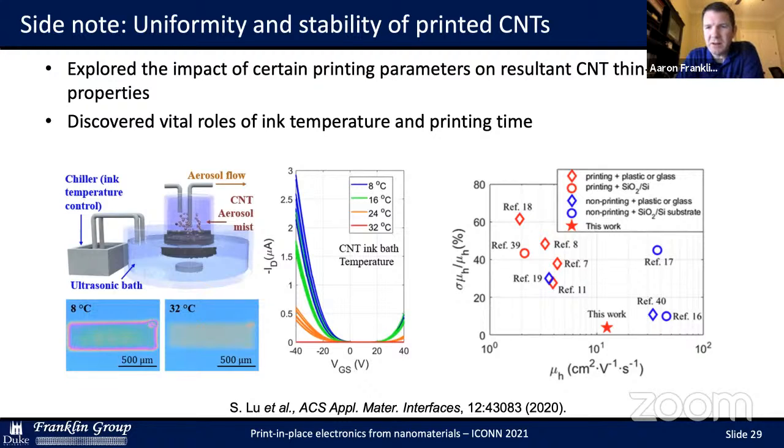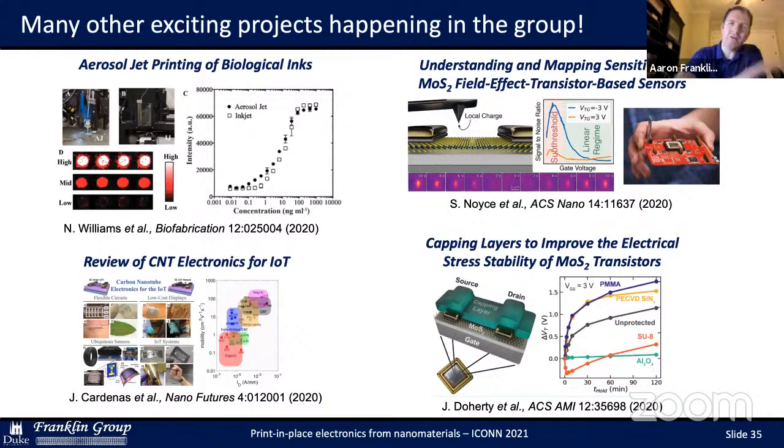So maybe the last thing that I'll just point to as I wrap up here is that our group does a lot of other work beyond the printing space, but that still connects to this idea of a more than more electronics era. We do work with other low-dimensional nanomaterials for specific sensing applications, for instance, and also other types of printing approaches. For instance, we've done work with biological inks to show that you can actually use these same printing techniques to develop printed features and reagents for certain types of assays, for instance.